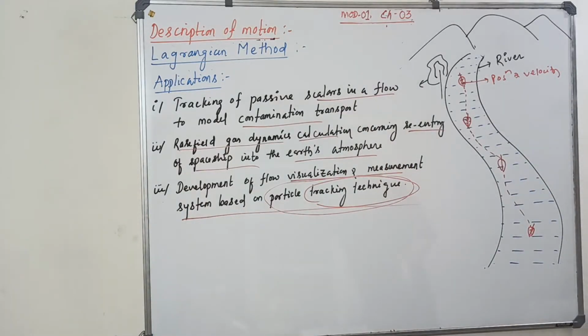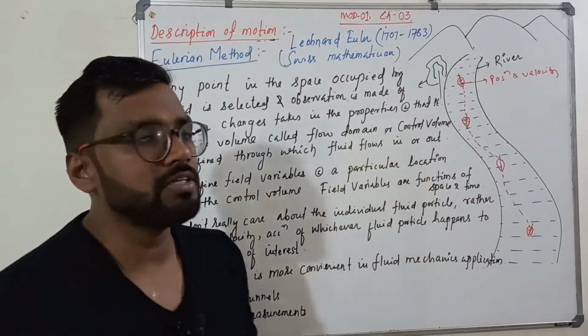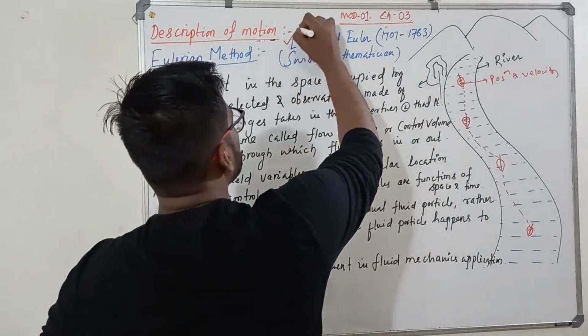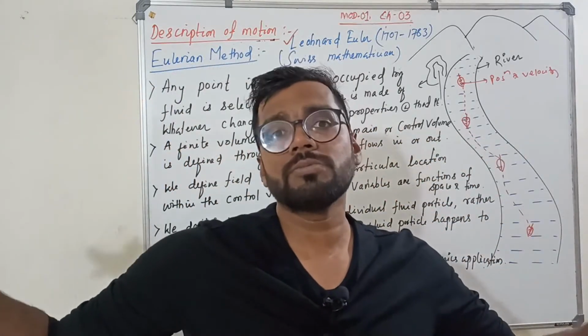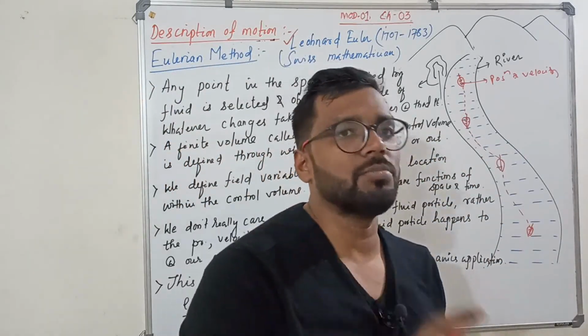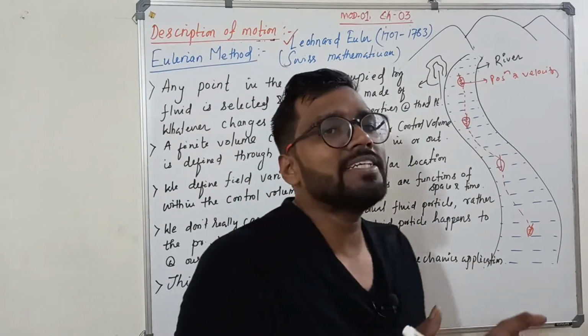The other method of describing the motion of fluid is the Eulerian method. Leonhard Euler was a Swiss mathematician. As per me, he is the best mathematician ever born. So he is your Leonhard Euler. What he did is,